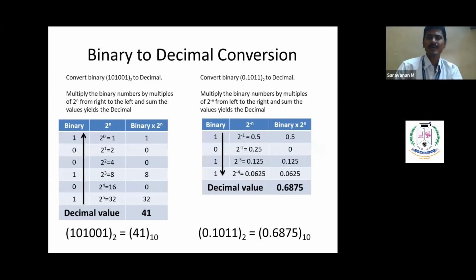Now we'll go to the second part, that is from binary. So binary to the other three conversions. That is from binary to decimal, binary to octal, and binary to hexadecimal. So let us take an example of binary of this number 101001. Okay, so how to convert this into decimal? So here take the number and put it in this order. That is your rightmost bit should come at the top and the leftmost bit should come at the bottom.